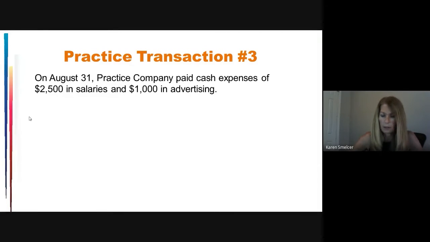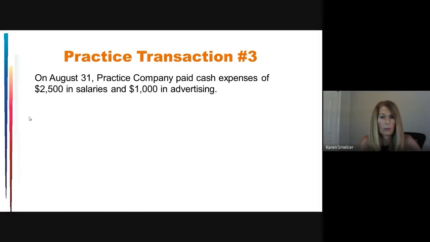Let's try a third transaction. On August 31st, Practice Company paid cash expenses of $2,500 in salaries and $1,000 in advertising. Now think about this one. This transaction may have more than just 2 accounts involved. And in fact, any journal entry could. The previous 2 that we practiced only had 2. But if you dissect this